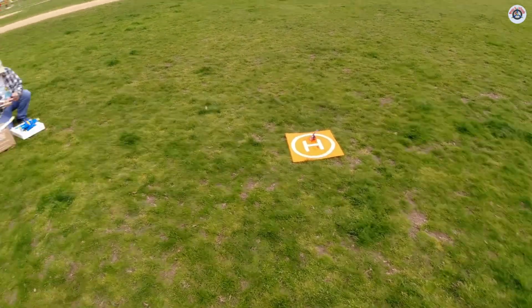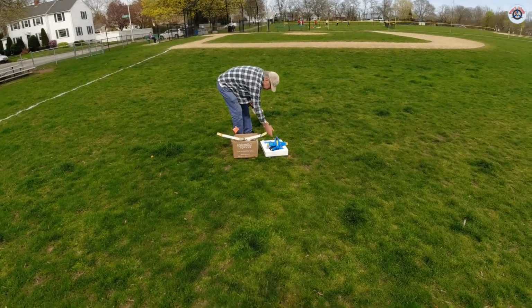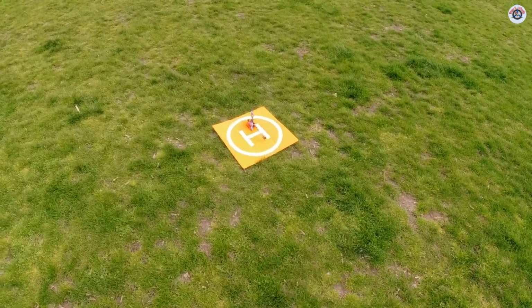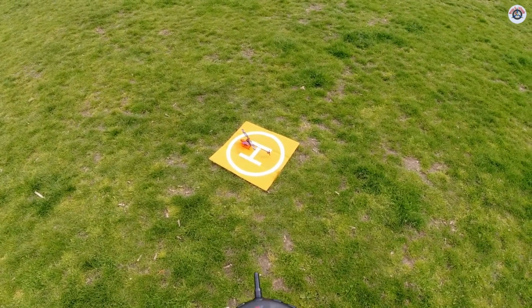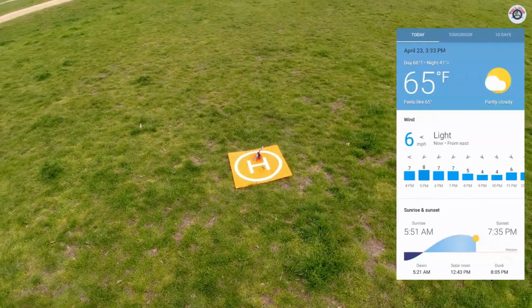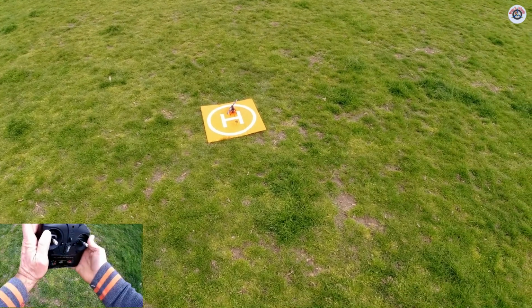Here out in the local park, my friend Tim is going to fly his free flight as well as the 2-channel microjet, and I'm going to test out our XK K127 helicopter. There's slight wind. My weather app is showing 6 miles per hour. It's blowing from my back, and I'm going to get to it, but first I would like to set it